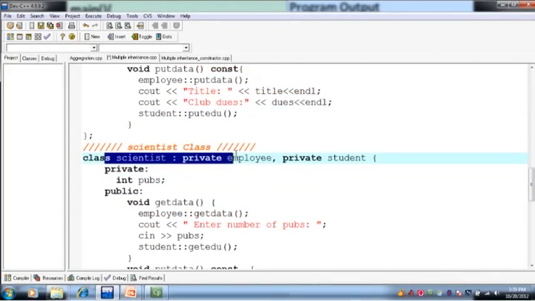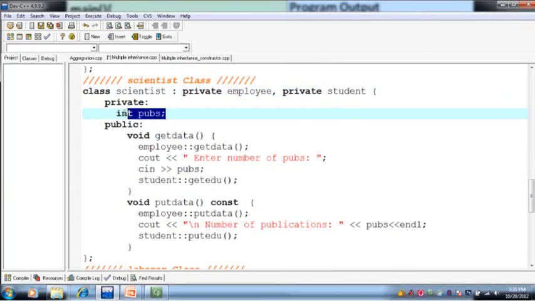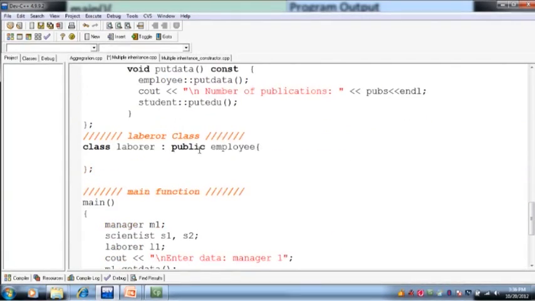And then we have a scientist class. ठीक है, ये भी privately inherit हुई है from the employee and the student class. It has only one private data member, that is publications, number of publications, and then labor class is empty class. Okay, so ये empty class है, that's why we make the type of the relationship with the employee a